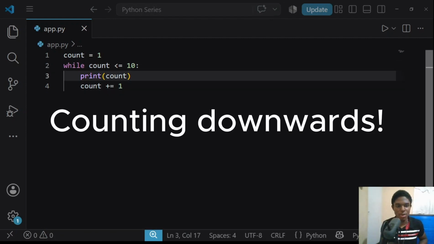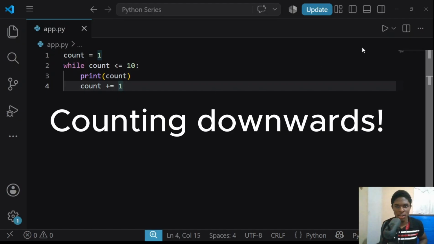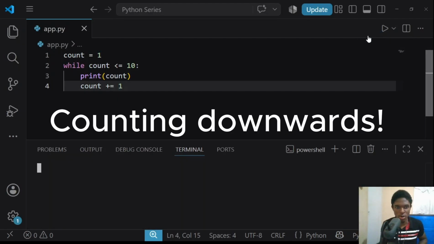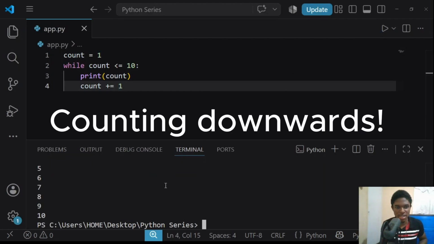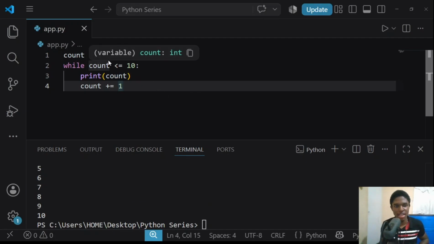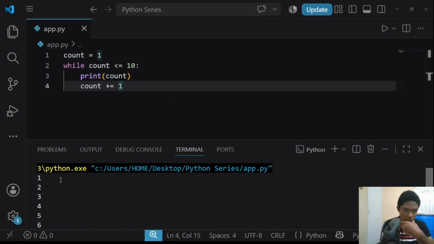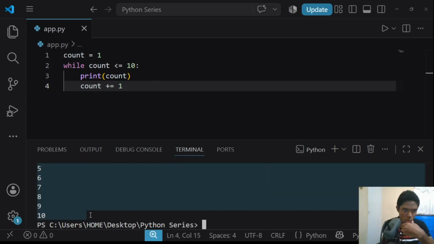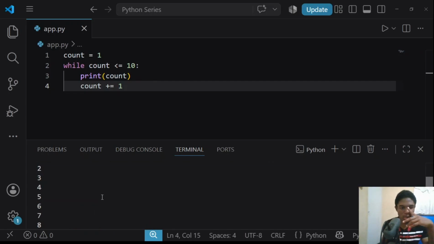Now guys, if you notice something about the while loop that we created, if we run our code, you can see that it is counting upwards. Instead of counting upwards, we can also count downwards. So let me demonstrate this to you guys. Notice that we're currently counting upwards from 1 to 10. Suppose we wanted to count downwards from 10